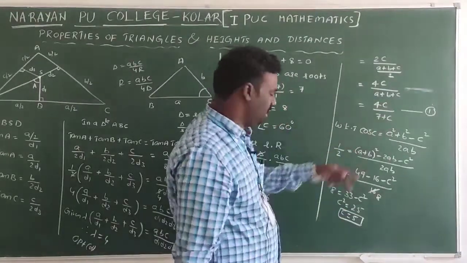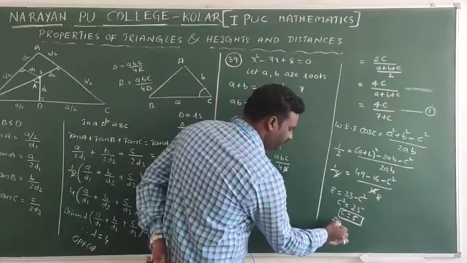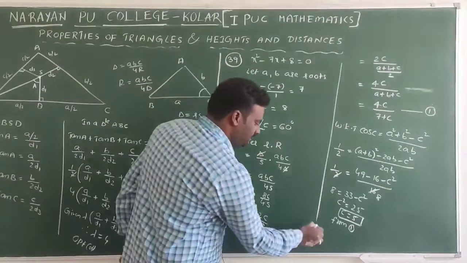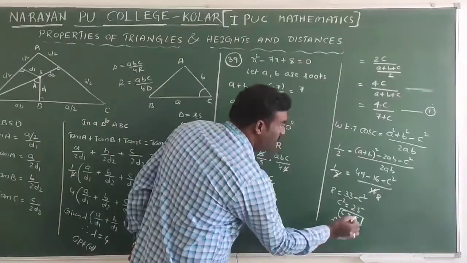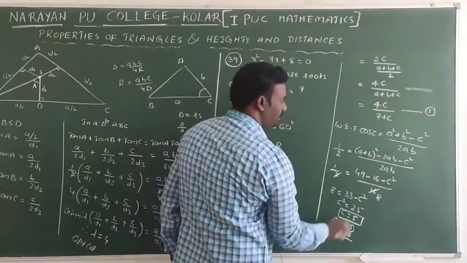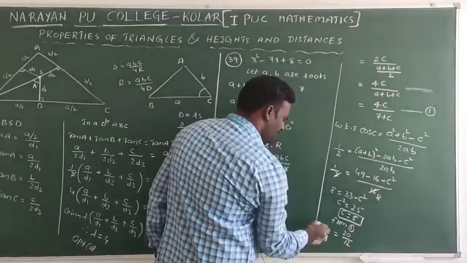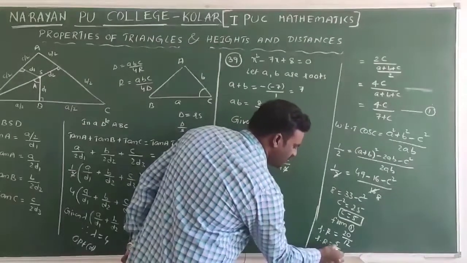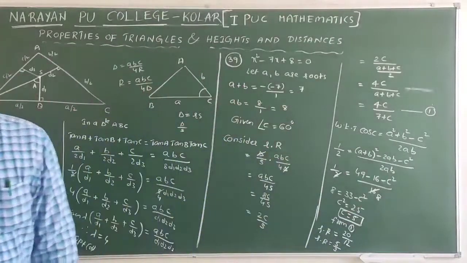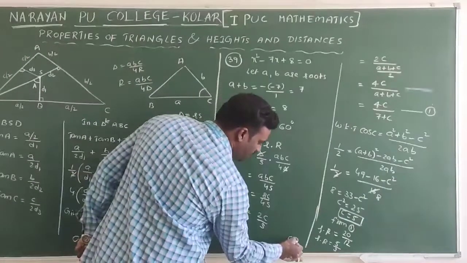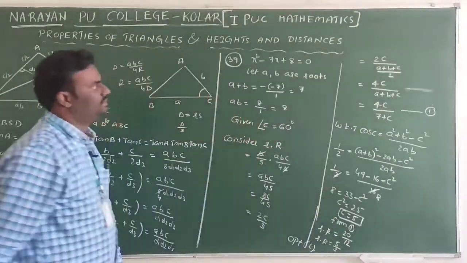Substitute this C value in equation 1. From equation 1, left side is what? r into capital R is equal to 4 5s are 20 by 7 plus 5, 12. If you cancel it, 4 3s are 12. So the product of inradius and circumradius is 5 by 3. That is nothing but option B is the correct answer.